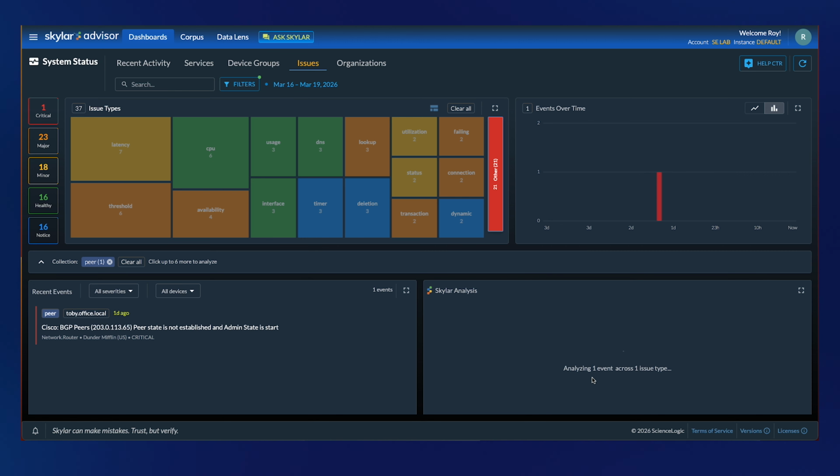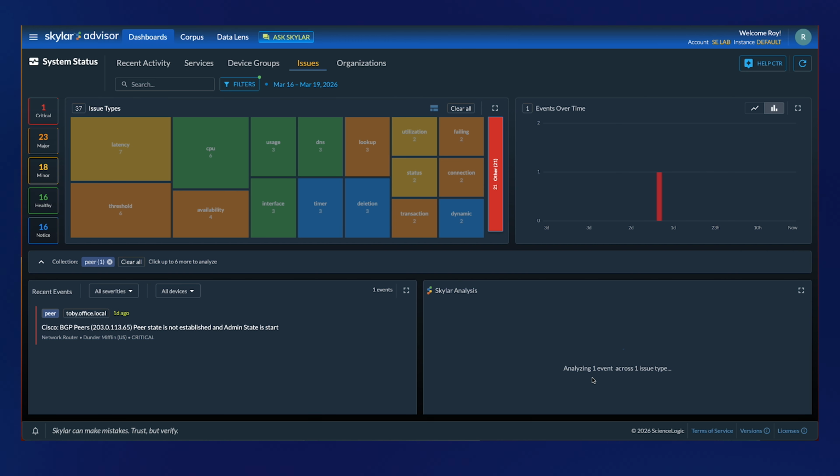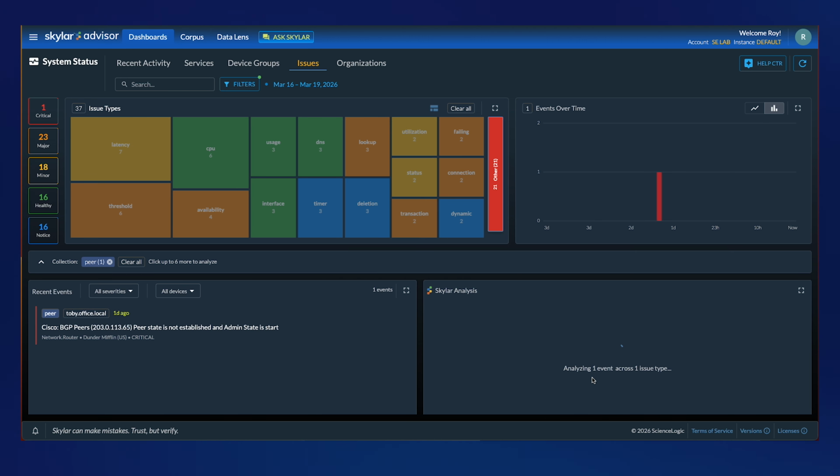And while it's analyzing, let's talk about why this was so simple. The reason why I could do this operation and get to an event so rapidly that is in fact the critical event to care about at the moment is because on the way to forming any advisory, those highly enriched reports of issues seen in your system, Advisor examines millions of events, metrics, and logs that land in your data